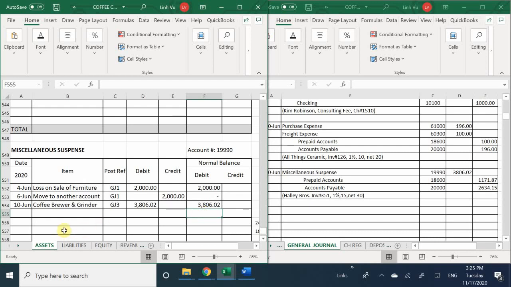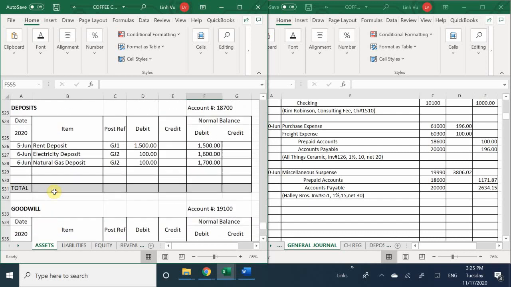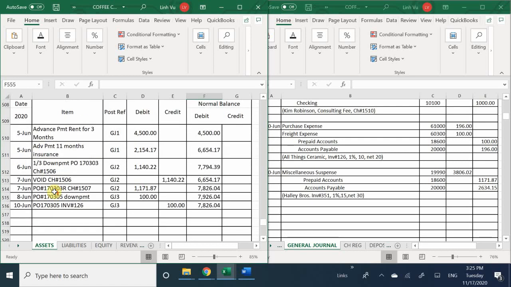Mm-hmm. Good. So the next thing that we have is we need to take out our prepaid accounts because, again, just imagine that it's a voucher and now you're redeeming it. So now I'm going to go up to my prepaid accounts and I'm going to go ahead and verify that I received my coffee brewer and grinder. So in this case, I'm going to go ahead and type in purchase order number 70303R because it was the revised version. And we didn't write a check. Okay. General journal number 3, and because we're redeeming it, we're going to credit the account for the 1171.87. Okay, bringing your account balance back down to